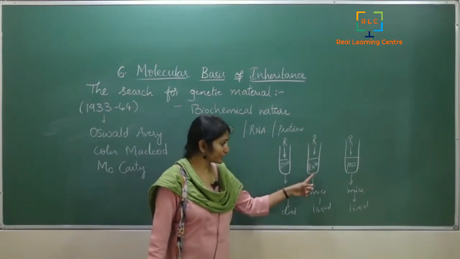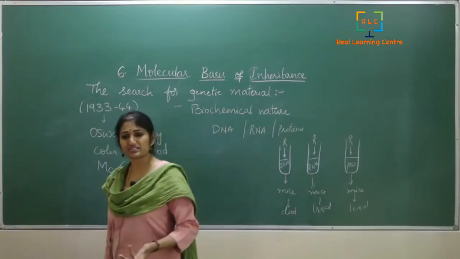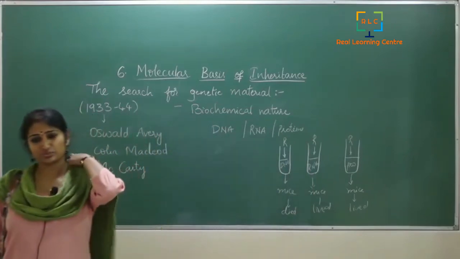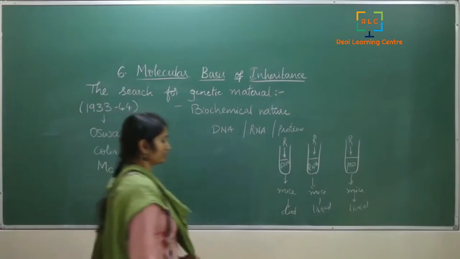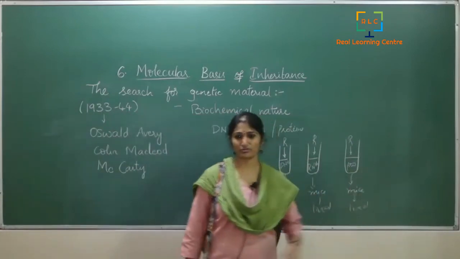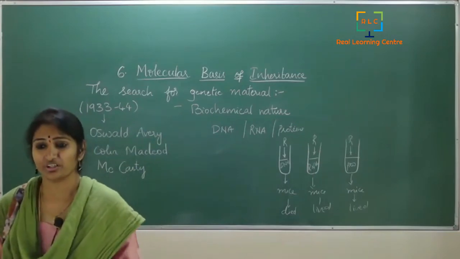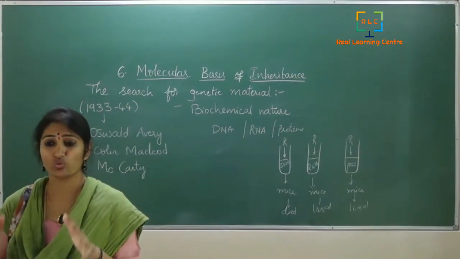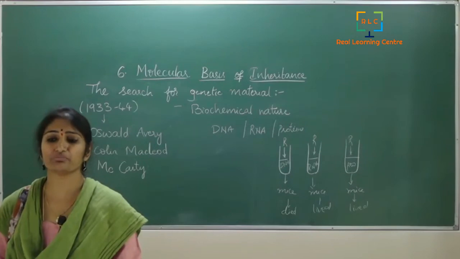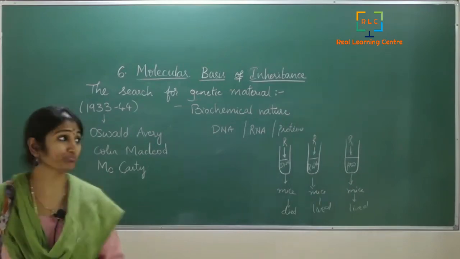Whereas in the case of RNA, the RNA was digested by RNases, which are present in the organism. Then the proteins were digested by many of the proteases. So thus they discovered that DNA was something very, very important